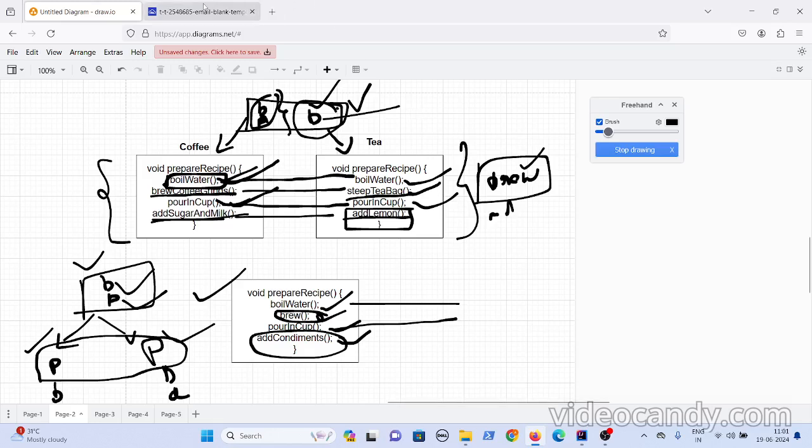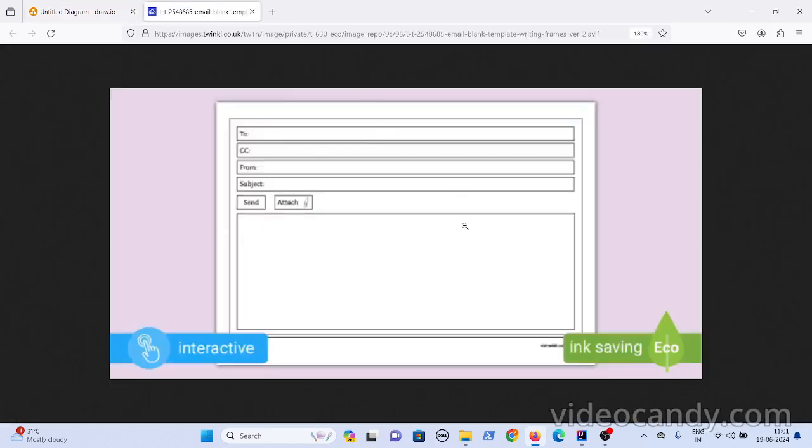So when you Google for the email template, you can get something like this. You have to add To, you have to add CC, and From, that is from whom the mail is going, and you have to add the subject, and then here you have to add the matter. Now this is the template.